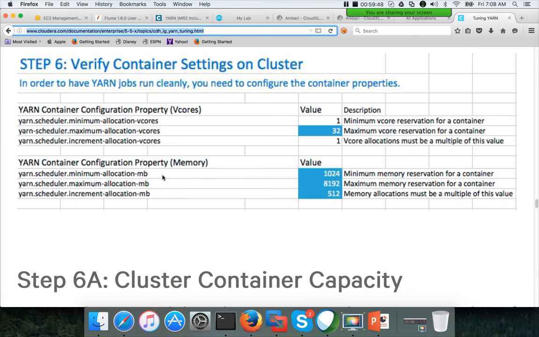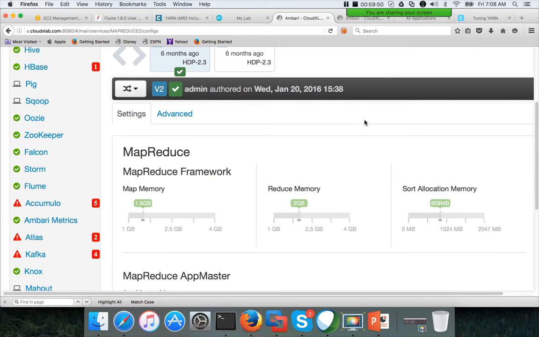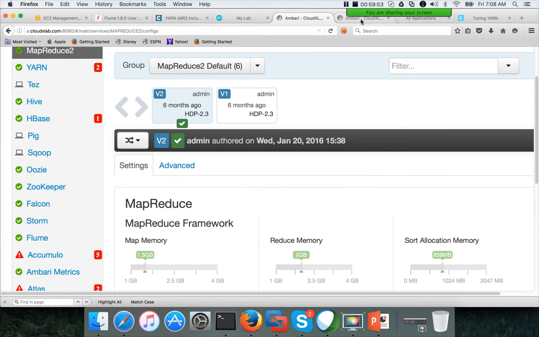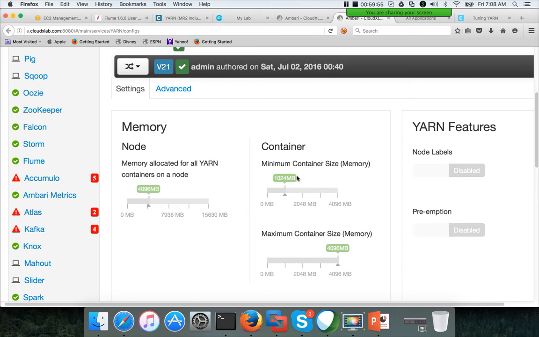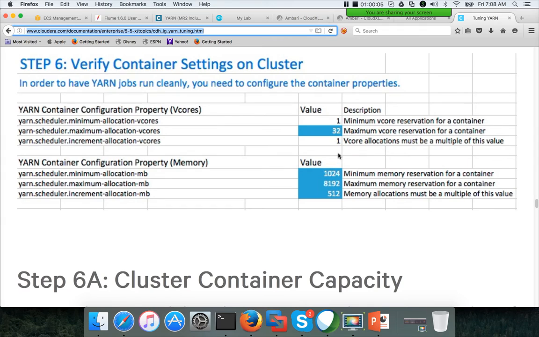these are the parameters which we have seen here. Where is the YARN? This is the YARN. So these two for our cluster, minimum container size from a memory perspective is 1 GB, maximum container size is 4 GB. In this case, they have defined 1 GB and 8 GB. And if you want to increment the size, you can start with 1 GB, and if you want to increment, it should be allocated in 512 MB, and this will come into picture for some of the tools.